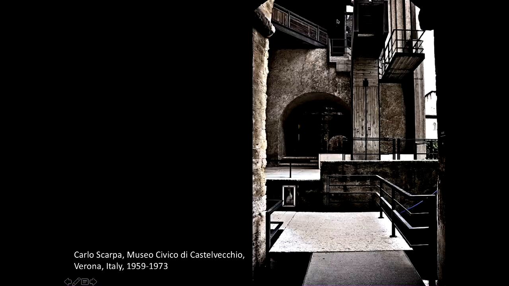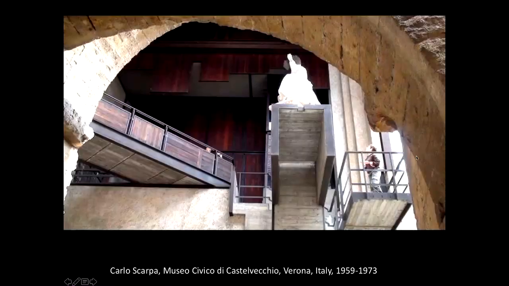And so here we were looking up at that connecting space. Here we're on the ground level and looking at all the different levels and different materials coming together. I mean, he really sees the space as a three-dimensional composition of materials and shapes. That's the only way I can describe it.